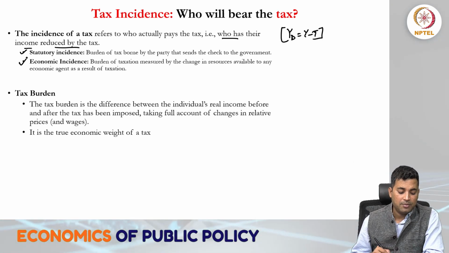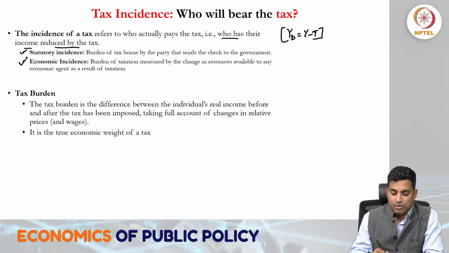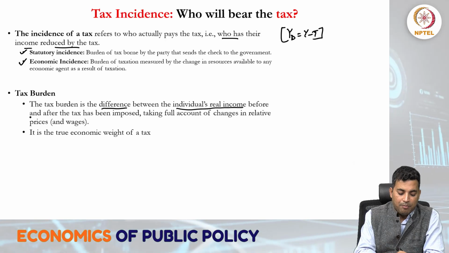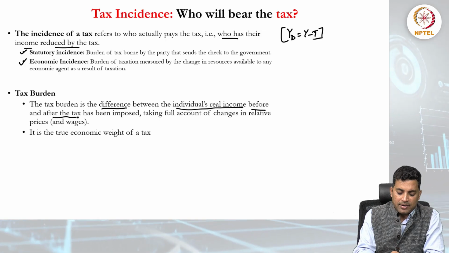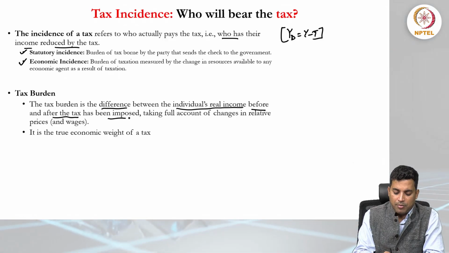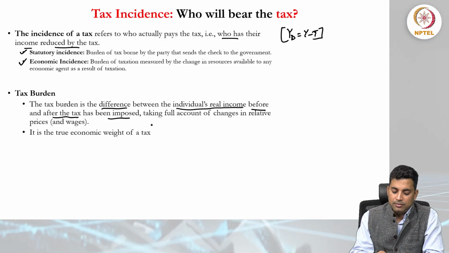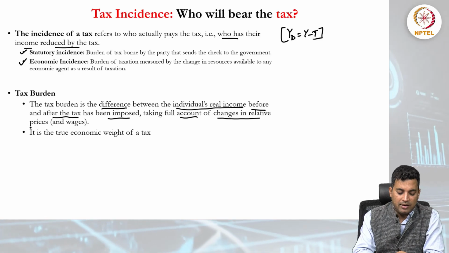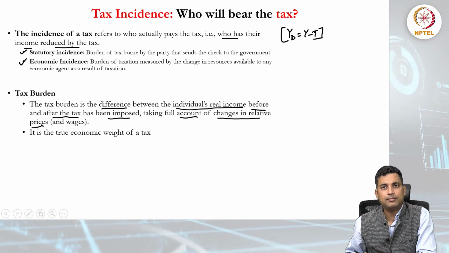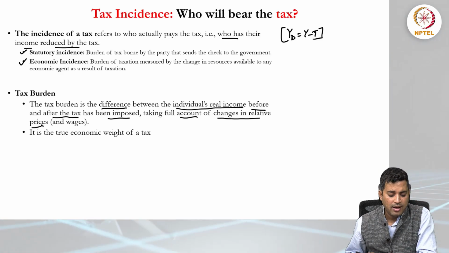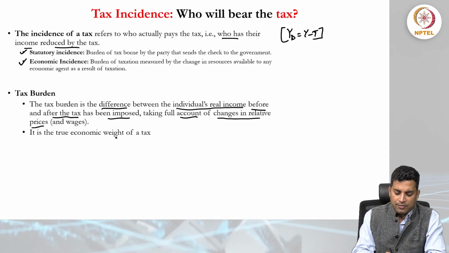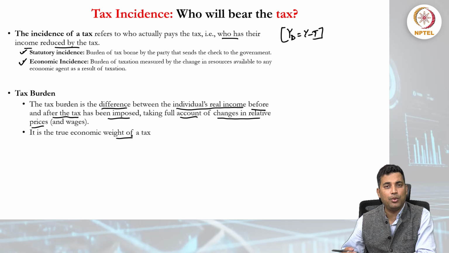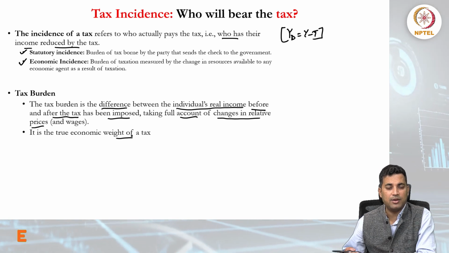The tax burden is the difference between individuals' real income before and after tax has been imposed, taking full account of changes in relative prices and wages. So that's how economic burden will be defined: who is bearing, how much, and what is the weightage